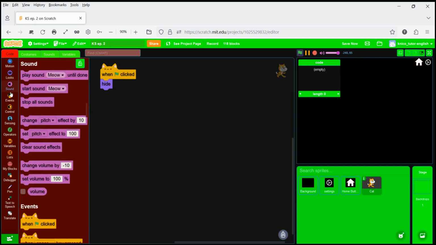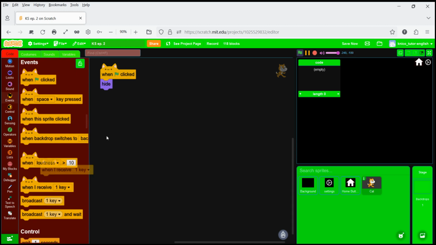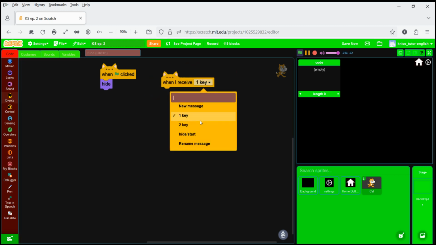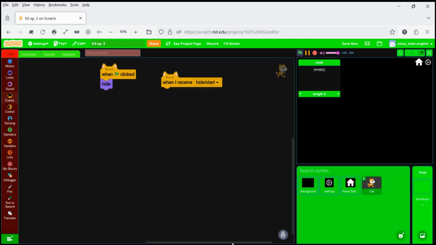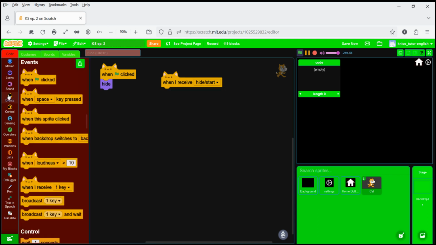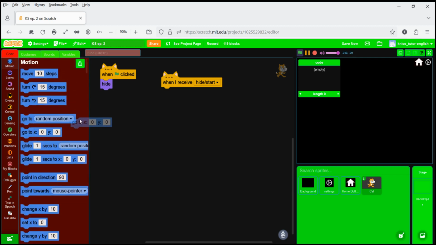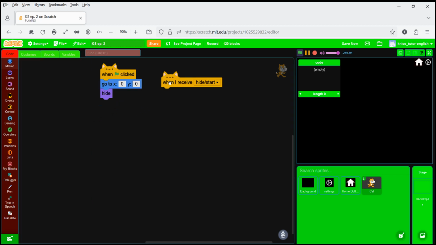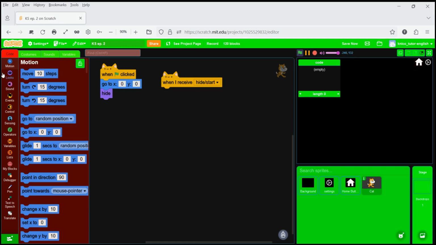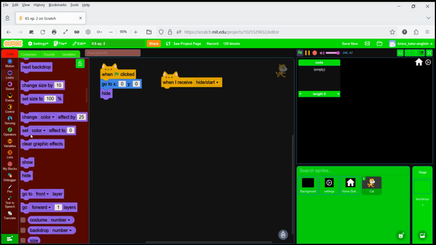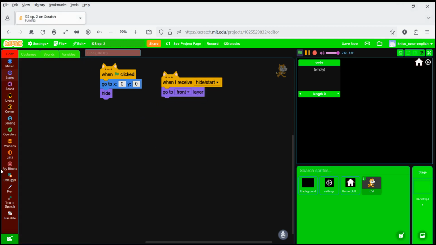So, when we receive hide/start, then we go to 0, 0 at the beginning, and here we go to front layer, show,